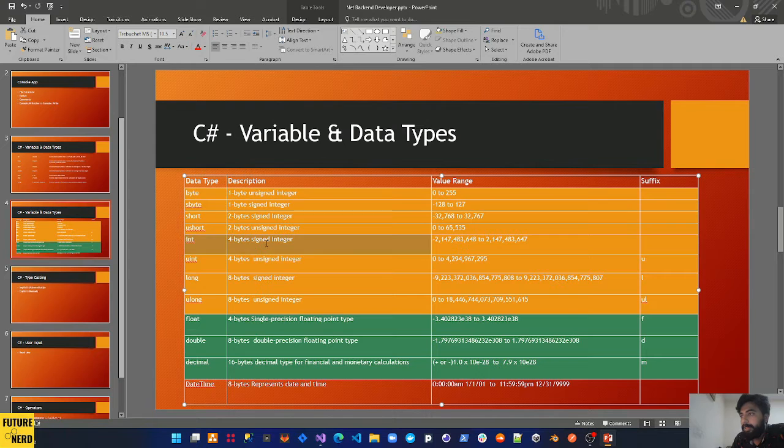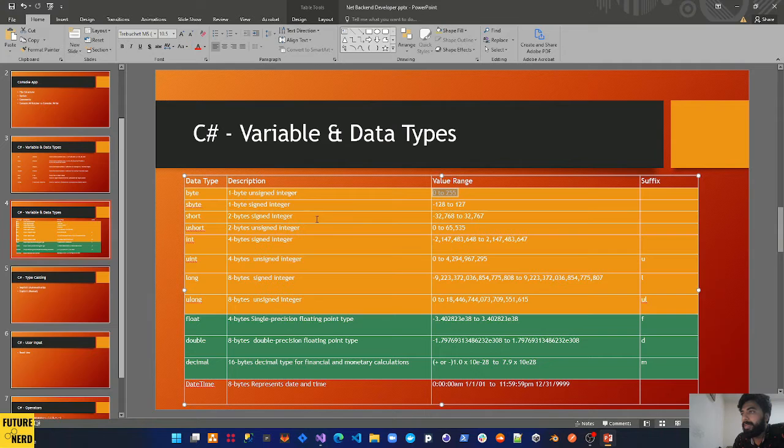session. These are int, long, float, double, but we have some more data types, that is byte. So for byte, it would take one byte in our memory, and still it is an integer, but its range is different from the integer. Integer would take 4 bytes, and byte would take one byte in our memory, and its range is from 0